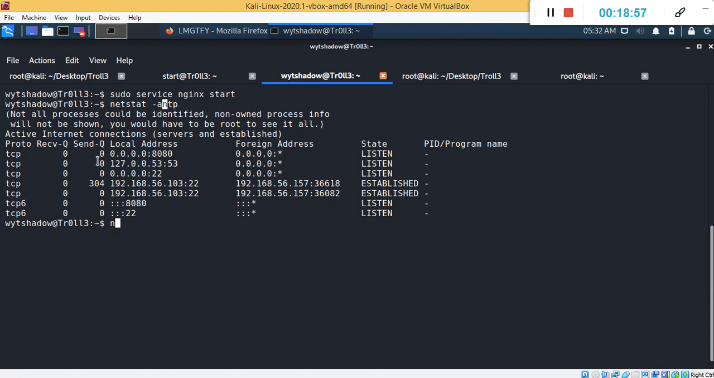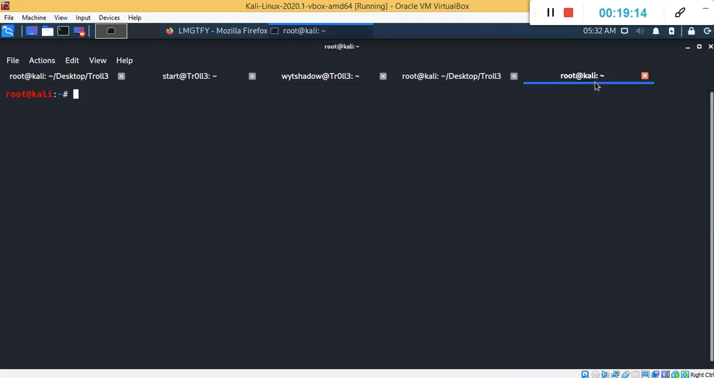N is like displaying the numeric type, and P stands for showing the PID of the program name if present. Okay, so the netstat command basically helps us find all the ports which are open. So here we see that the Nginx server is up and running. So now,